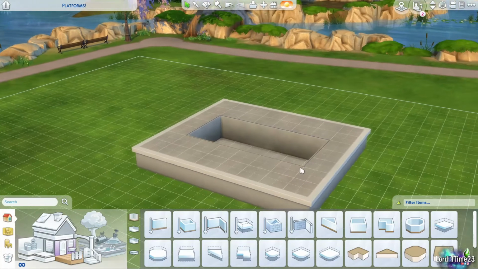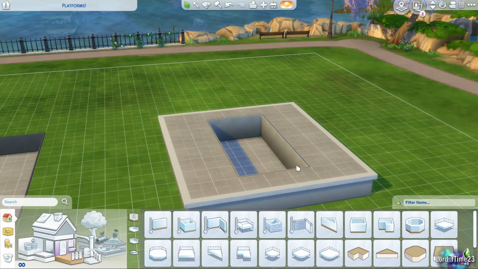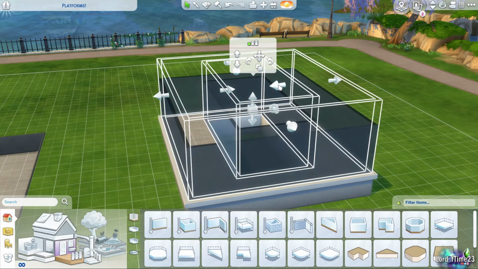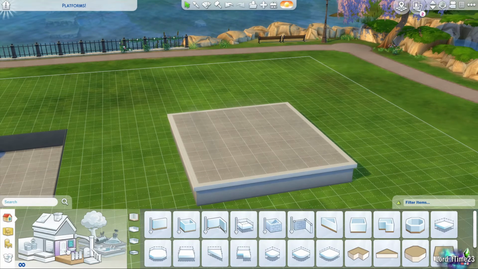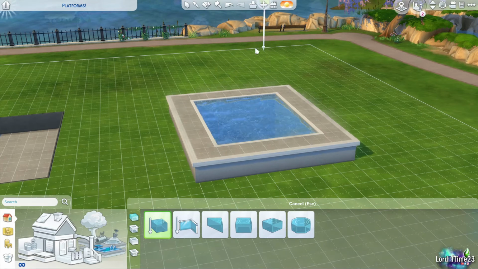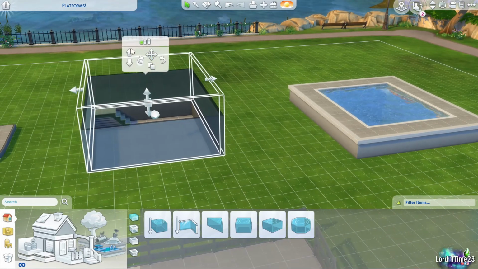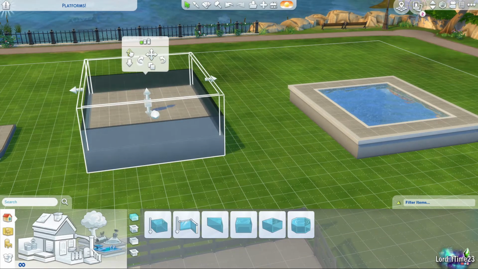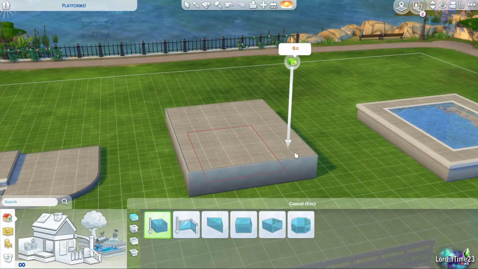The cool thing about this too, because I don't think I showed it with the foundation thing, if you do have a chunk of foundation like this, I'm just going to get rid of the platform and fill this in quickly. If you do have the foundation like this, you are still able to place the pool tool on it, and you can actually have a pool in the middle of it. But with the platforms, if I were to just, I'll raise this quickly to show you. If I were to try to put a pool in the center of this, it doesn't let you do it